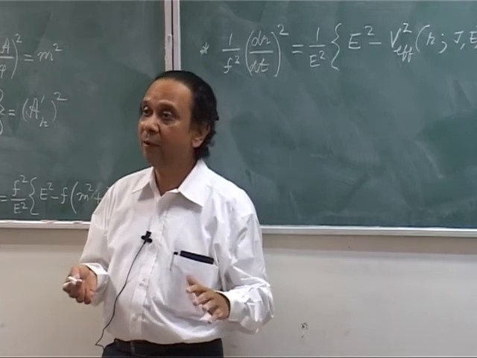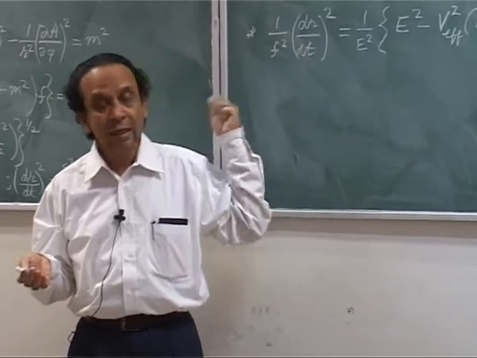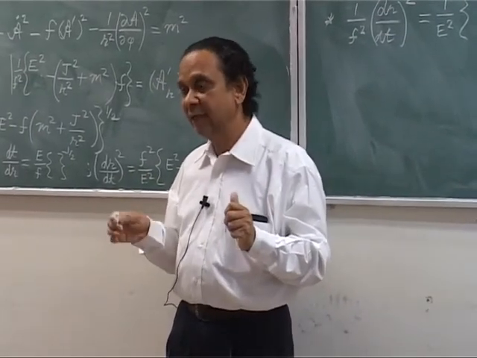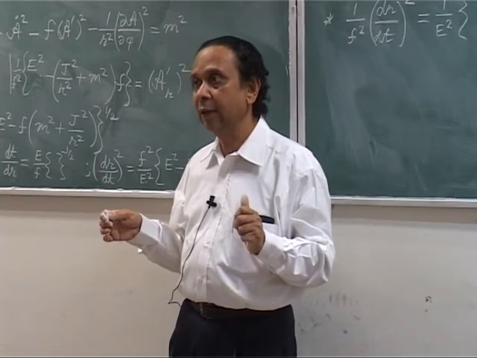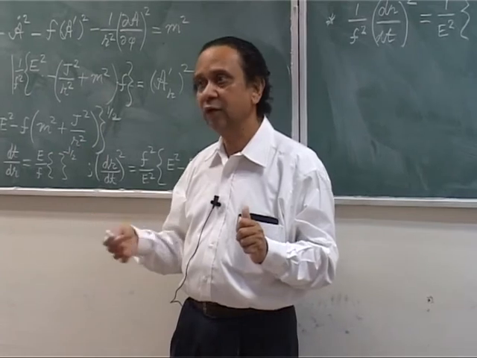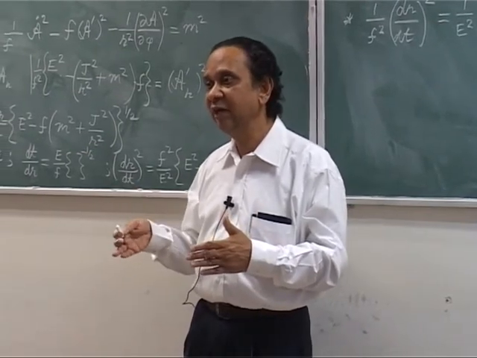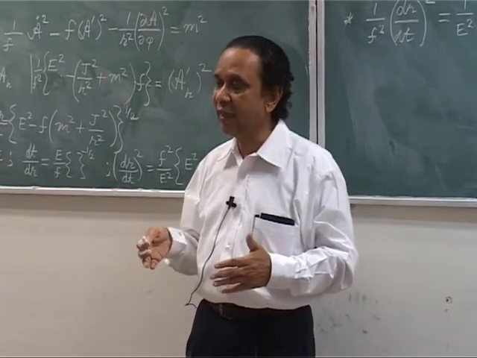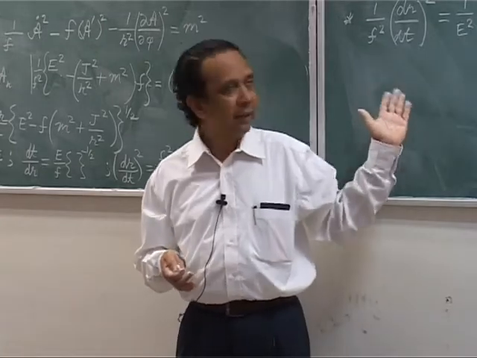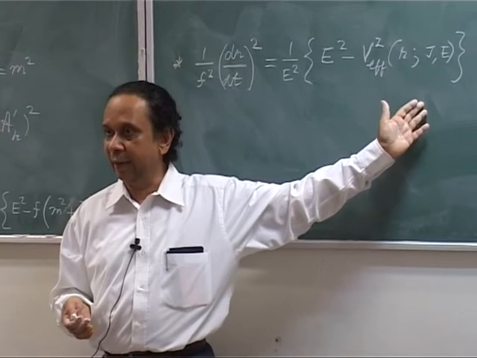Again, go back to Kepler problem or central force problem. In central force problem, you write half r dot square plus r square theta dot square plus V of r is equal to E, and r square theta dot square you convert into j square by r square. So, there is an effective potential which is V of r plus j square by r square, and E minus that is r dot square. That is what we have done. Essentially r dot square is equated to some E square minus something.